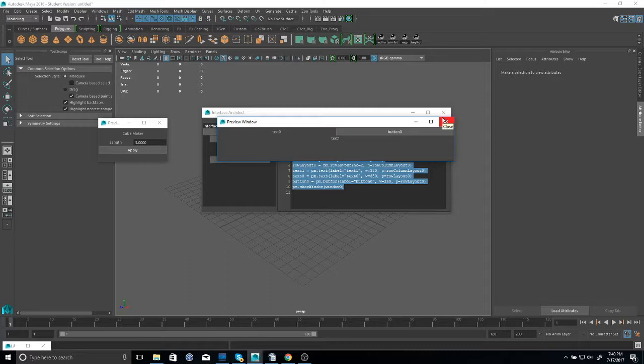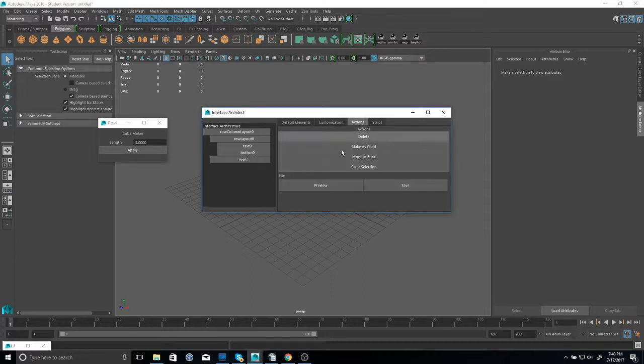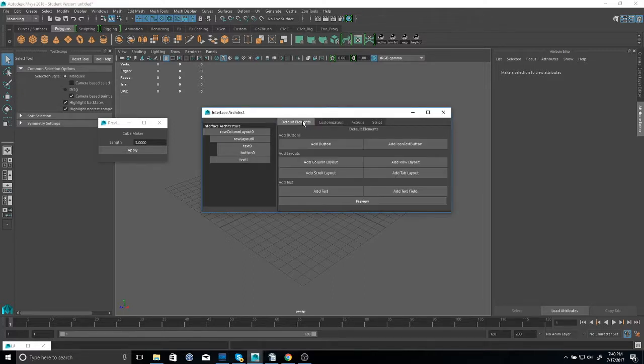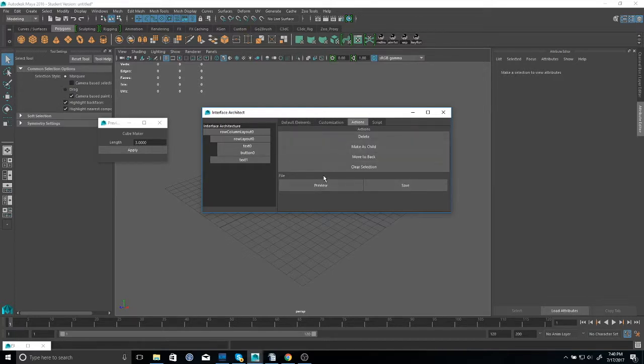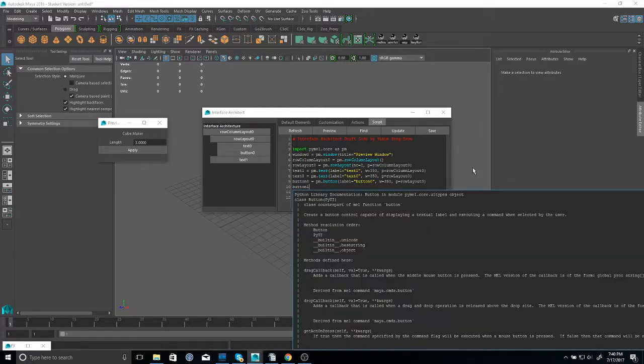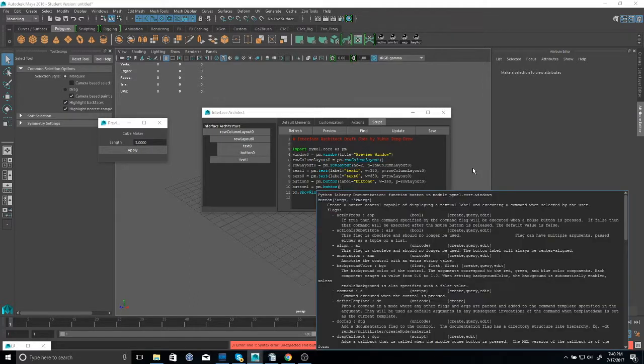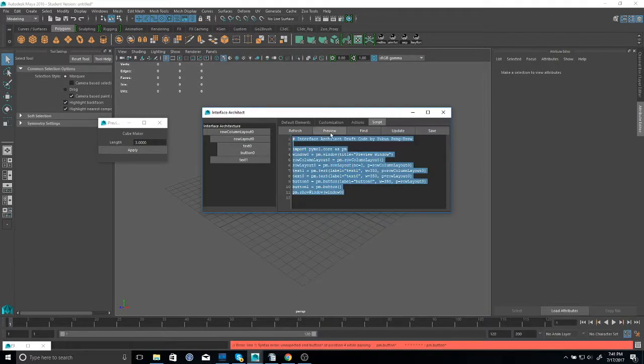And this execute or preview button acts differently from the other previews, because the other preview buttons will run the draft.py file, but this preview button executes whatever you have here, which means if you say button 1 equal to pm.button and have nothing here and you execute,